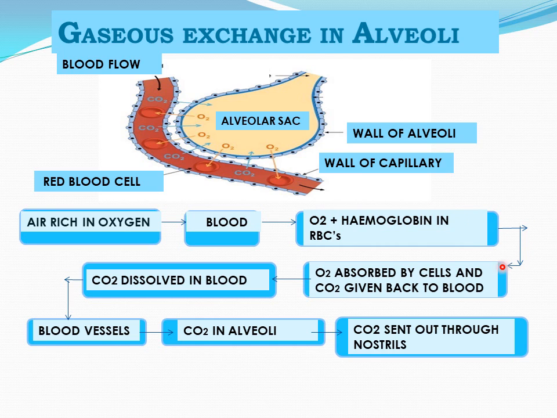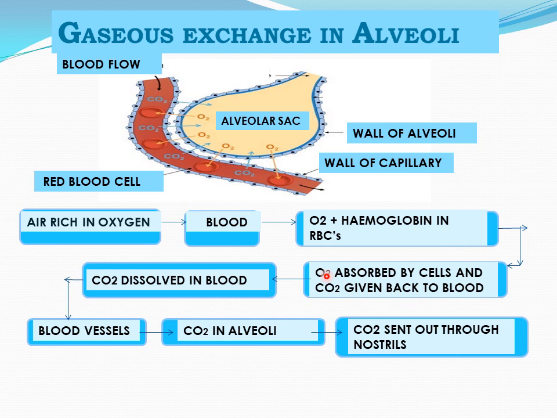It carries the oxygen, and this O2 is absorbed by the cells, because blood moves towards the body tissues, to the different parts of the body, so it moves to different tissues, and here exchange occurs. So what happens? O2 is absorbed by the cells and CO2 is given back to the blood. That also we discussed earlier, that the blood which comes from cells is deoxygenated blood. So in this way oxygen is absorbed by the cells to produce energy, that we have discussed, the respiration process, and CO2 is given back to the blood.